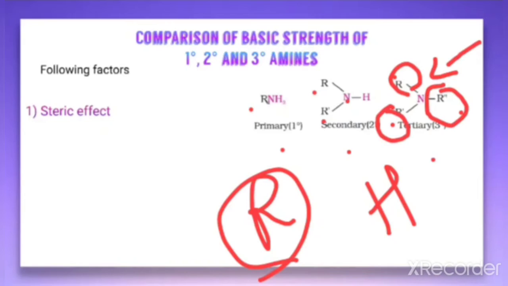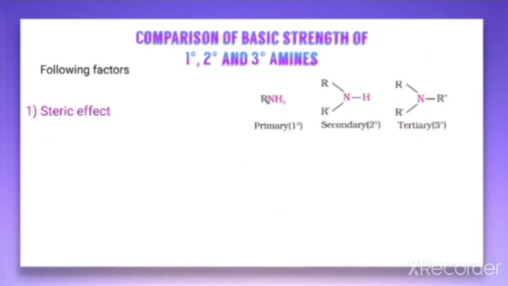That is due to the presence of bulkier group, that is the alkyl group. So when we compare the basic character of primary, secondary and tertiary amines, because of the steric effect, as the steric effect increases with the increase in the number of alkyl groups, the attack of acid will be quite difficult. So we can say that the basic character is decreasing because the attack of acid will be difficult with the crowding, that is due to the steric hindrance.